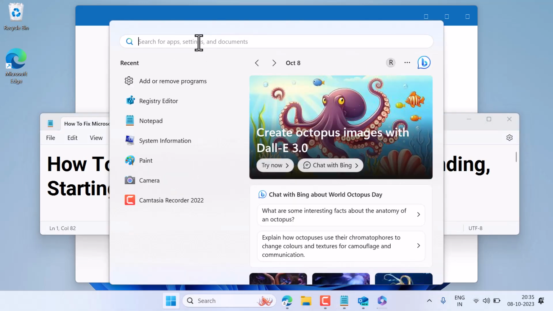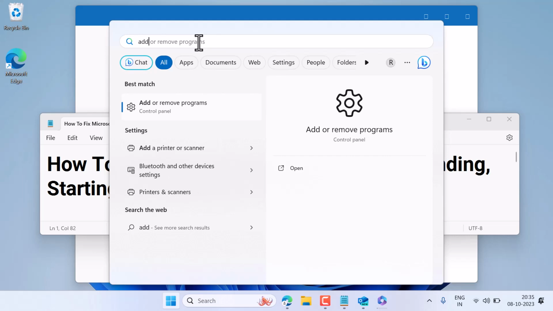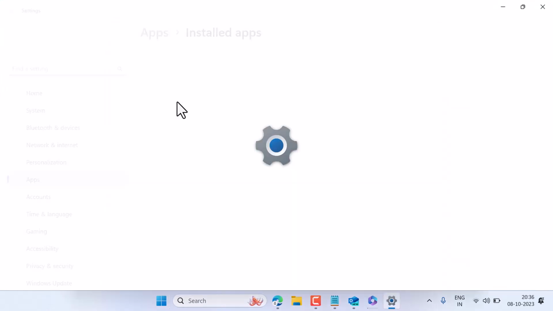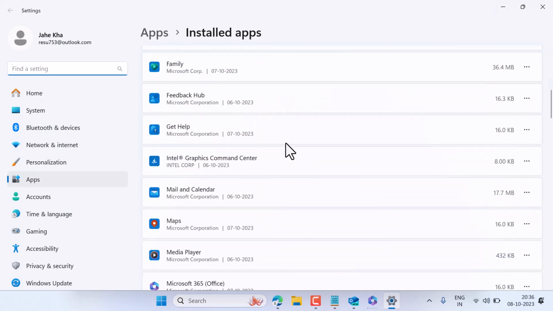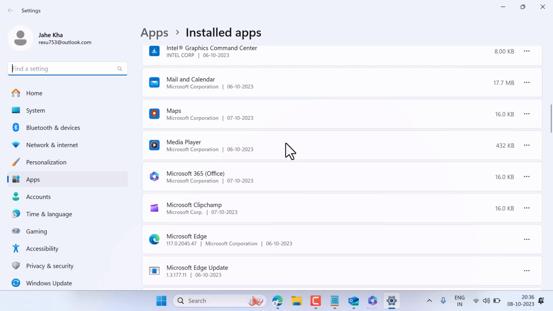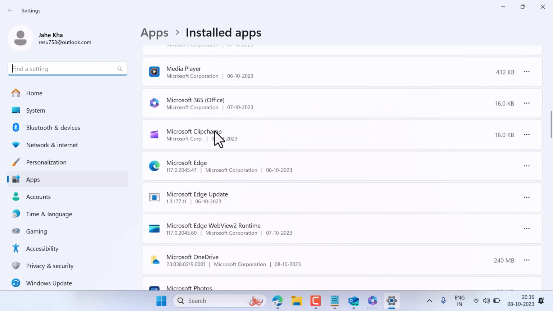Now here search add or remove. So search add or remove programs, and in this list guys you have to find out your Microsoft Office. Click on this three dot, advanced options,